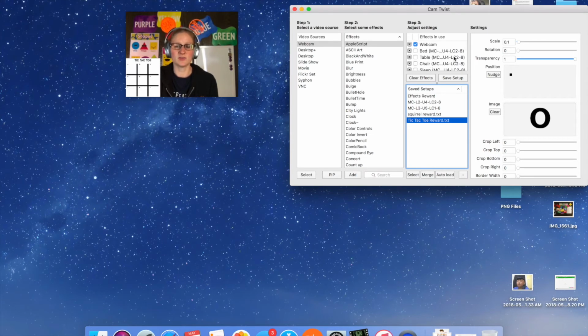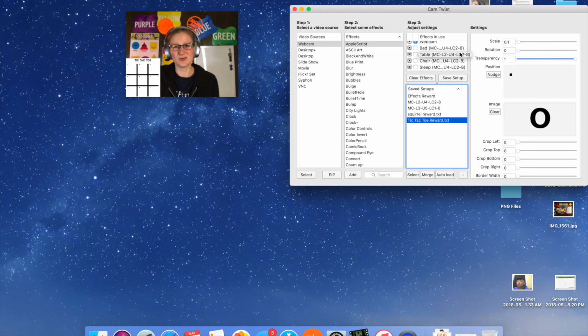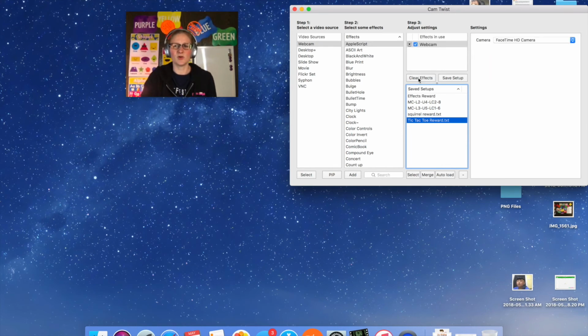Now, if you wanted to save this setup with the objects from the class and also have the reward tacked onto the end of it, then you could just hit save setup and call it level 2 unit 8 with tic-tac-toe reward, and then it would be there for you always. I change my rewards every lesson, so it's probably not something that I would do, but if you have set up a reward that goes really well with a particular unit, and you might want to merge those two together, that's just a quick, easy way to do it